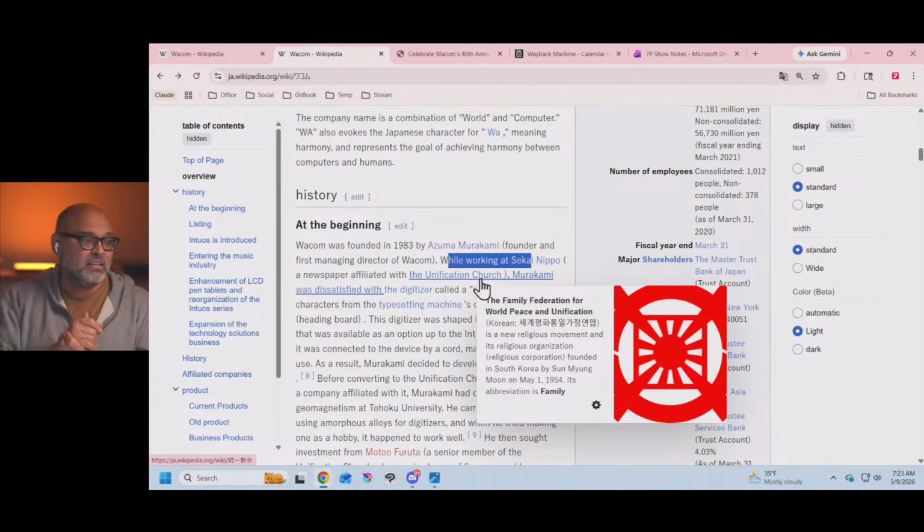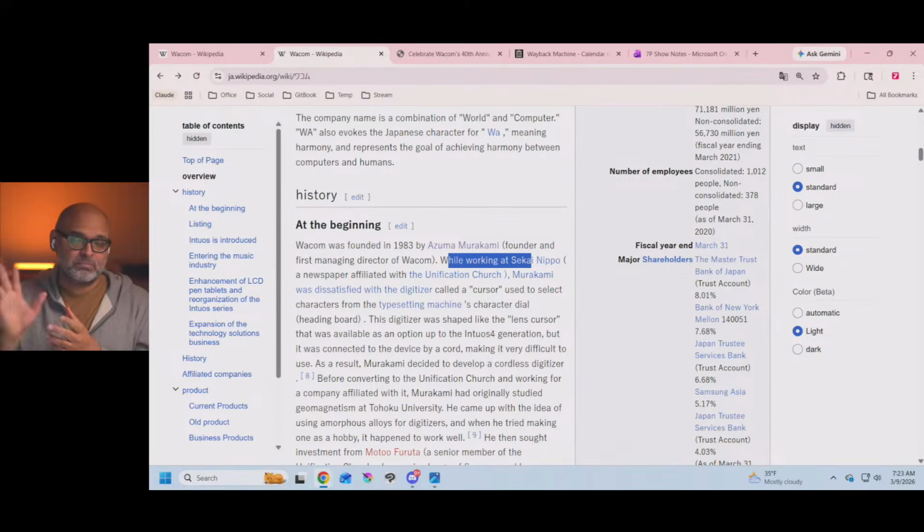And I know it's surprising, but I don't want to get into that. I want to focus on the tech and the people without getting into this kind of strange topic. And those of you who understand what Unification Church is, which I really don't, I just have a very historical memory of them because they were in the U.S. news for a while. I won't discuss how they were. I know it sounds so mysterious. I don't mean to be mysterious. I just feel like if I talk about this topic, it's going to take away from the thing we're interested in, which is the drawing and the tablets. Okay? So, I'll try to minimize any kind of mention of that topic.